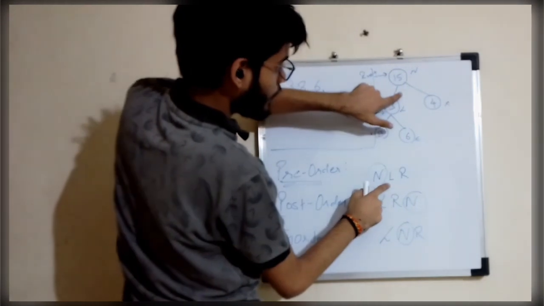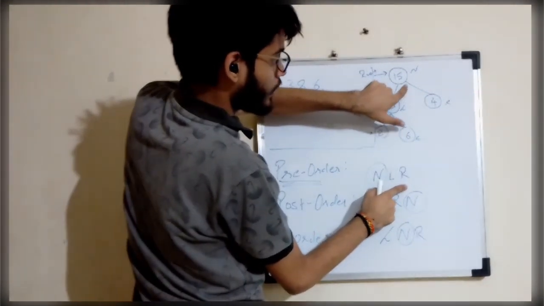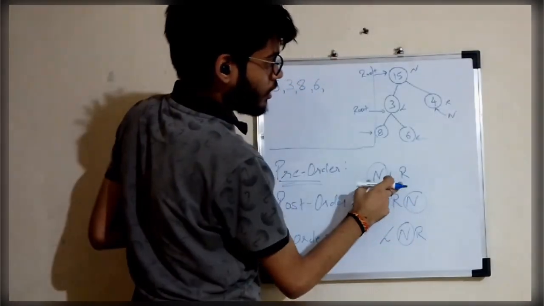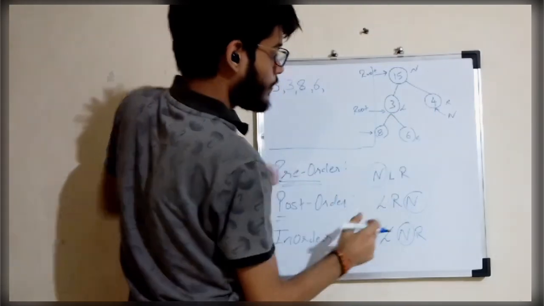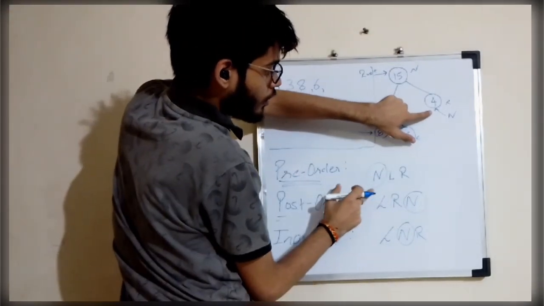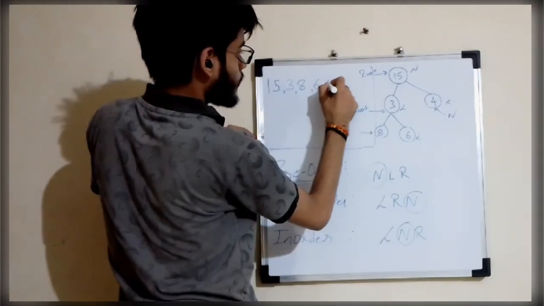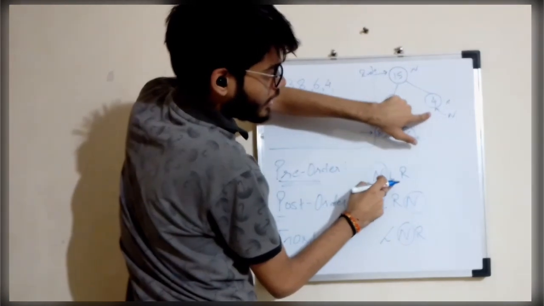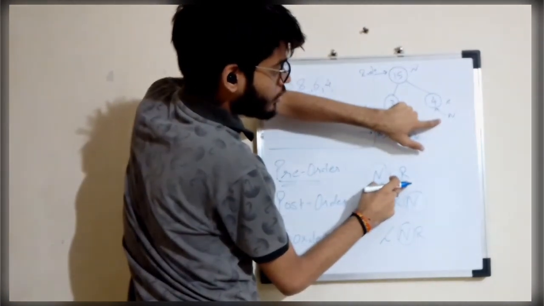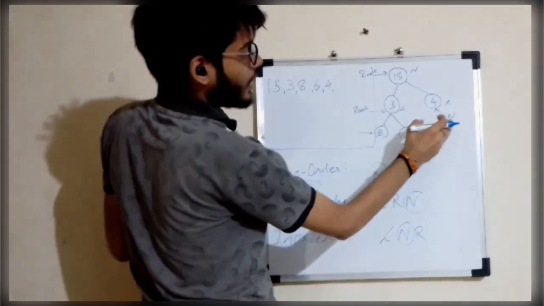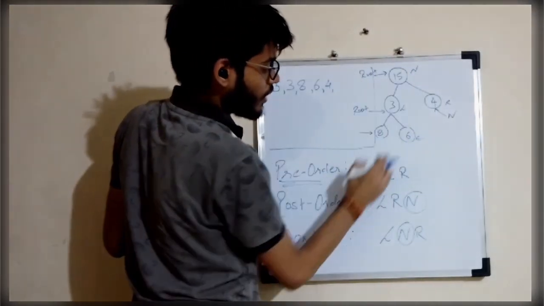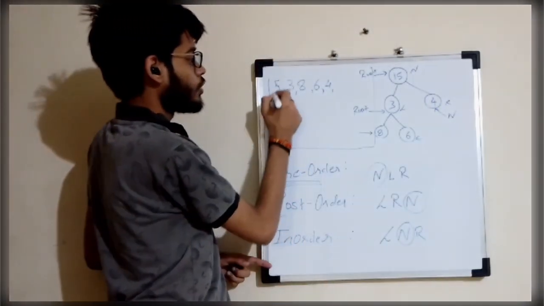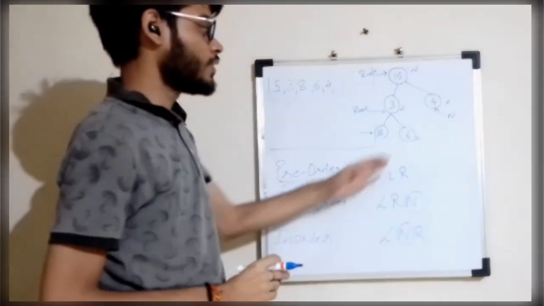Now after covering the left side of 15, what do we have to do? We have to visit the right side. So coming to the 4 on the right side, now 4 is our node. For this 4, first print the node which is 4. Then visit the left side of 4, which is null, and then the right side of node 4, which is also null. So we won't be printing anything. Then let's return back to 15. For 15 we have printed the node, the left and the right. That's it. This is what is known as a pre-order traversal of this binary tree.